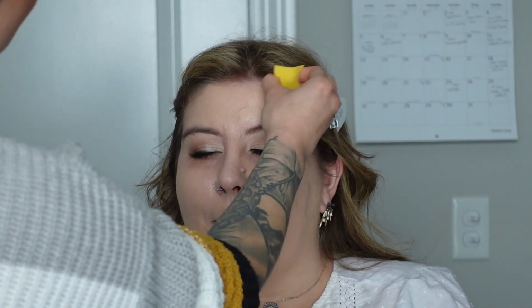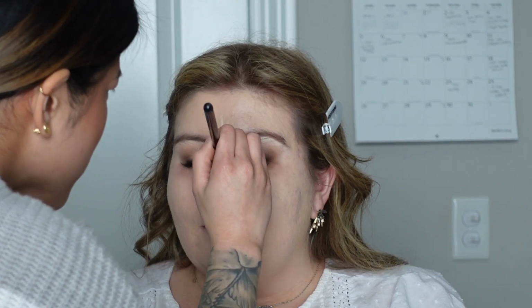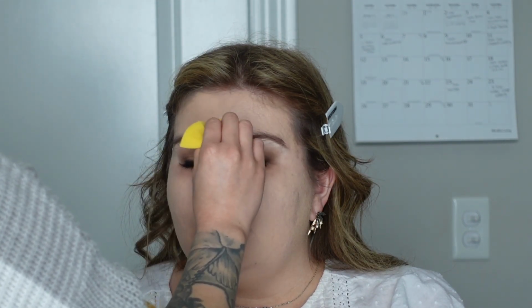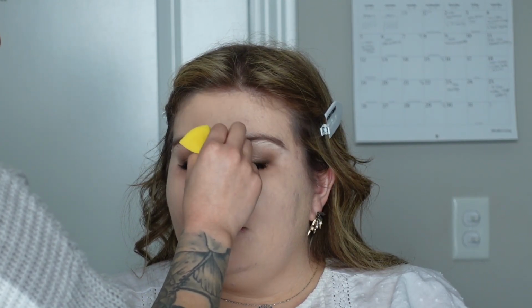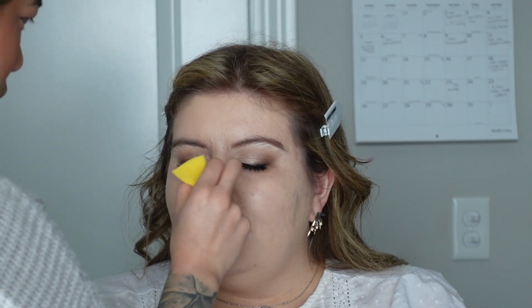It always takes practice. Once I have the foundation down, I'm going in with the Too Faced Multi-Use Sculpting Concealer in the shade Cloud and Light Beige. Believe it or not, this is the only concealer that I have besides those color correcting concealers that I have in my kit. I don't use any other one. I feel like the Too Faced Multi-Use Sculpting Concealer is honestly a tried and true hero product for me. I've had it in my kit for the last 3 years, and I don't think I'd be able to do